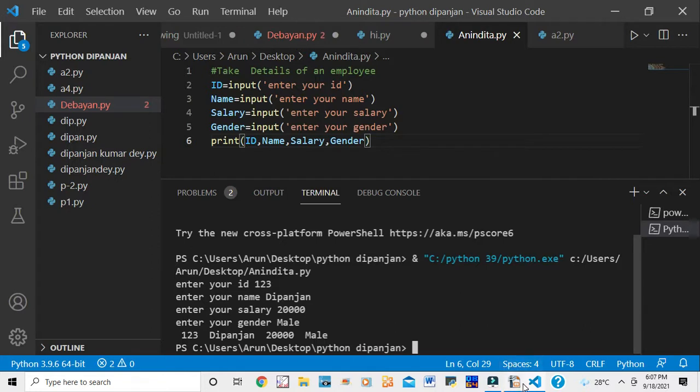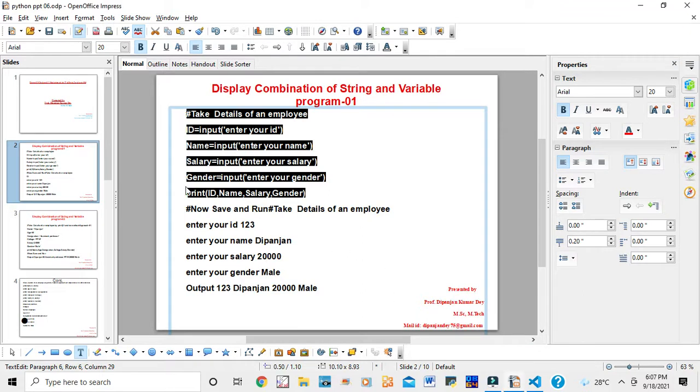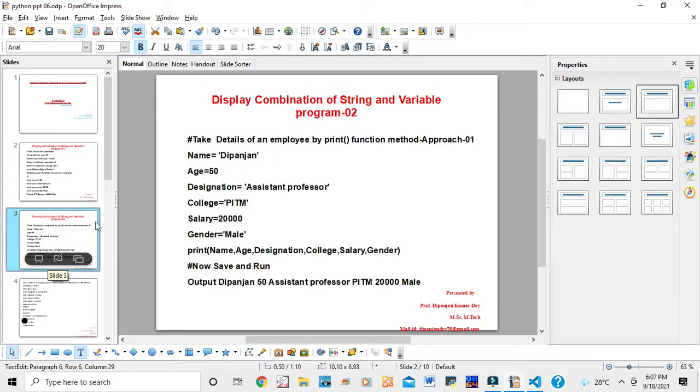Okay, so now go to my PPT, that is second program. So I'm going for program number 2. Take the details of an employee by the print function method, approach A. This program I have to run in two ways, approach 1 and approach 2.